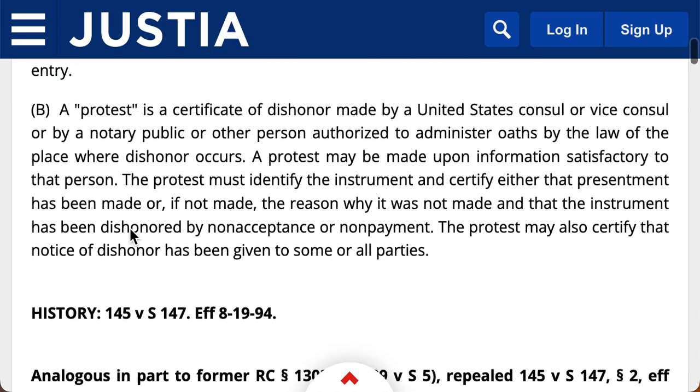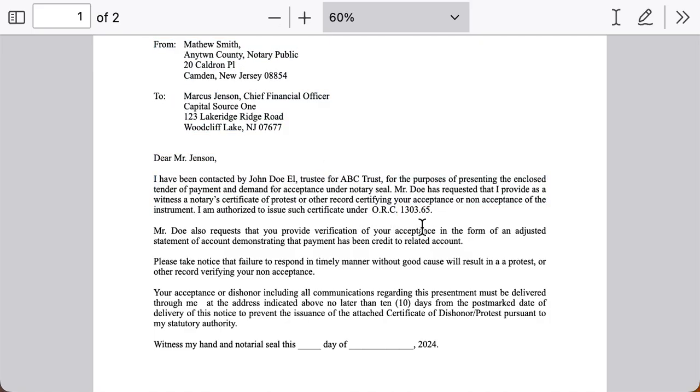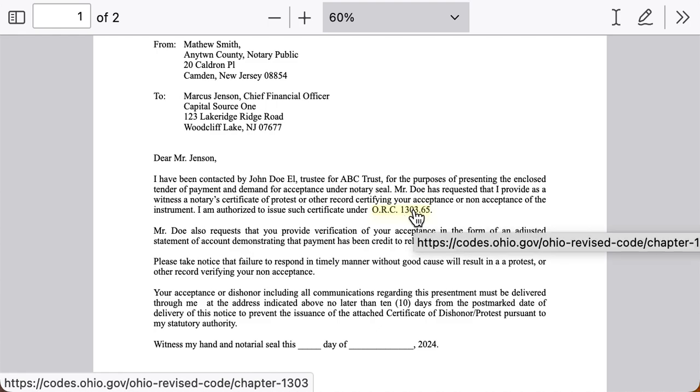It's not a requisite. You're definitely going to have to request it. Some notaries aren't going to do it. Okay, so again, I was stressing it's very important to do some basic research to make sure that you meet all the specific requisites, if there are any, in your state so that your certificate of protest will be a valid piece of evidence for what you're trying to use it for.